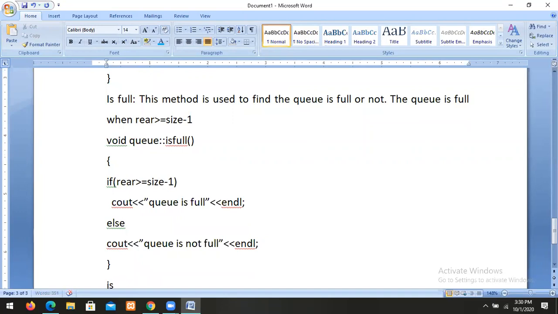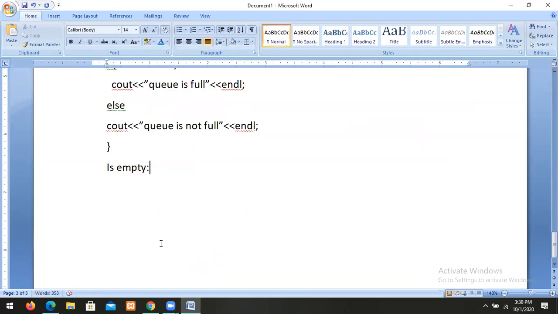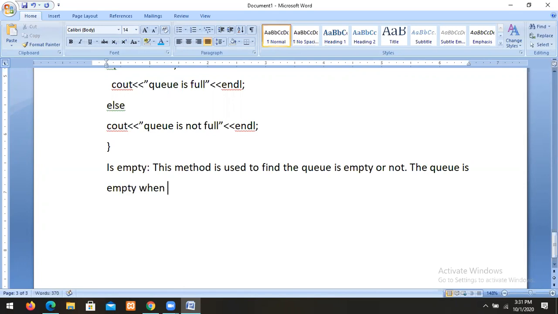This is the method. Next is empty. This method is used to find whether the Q is empty or not.